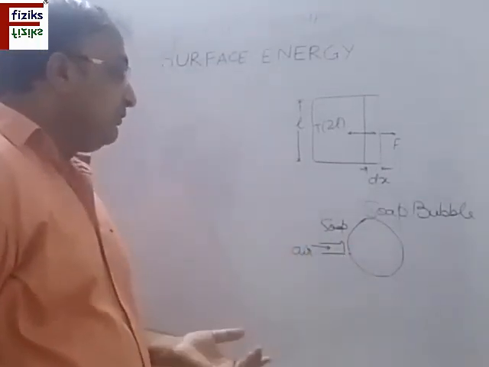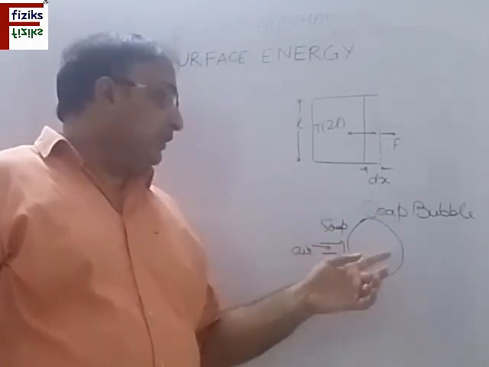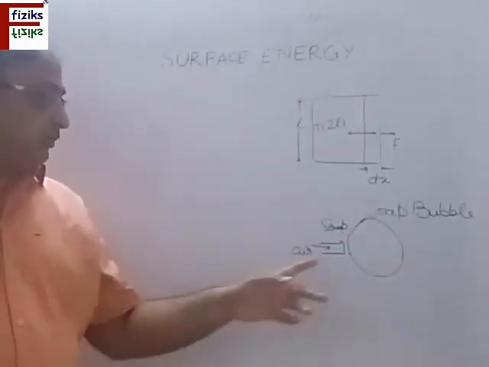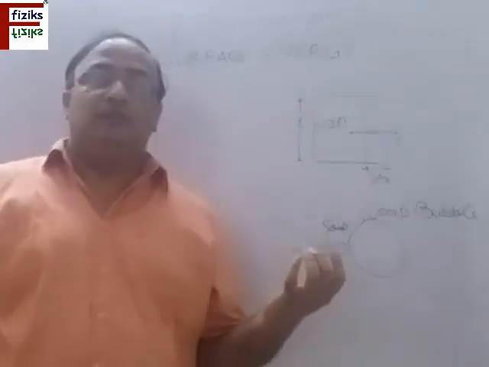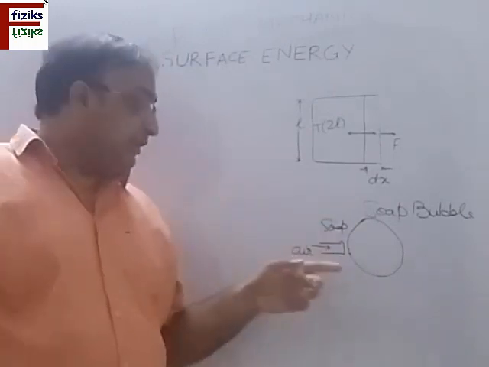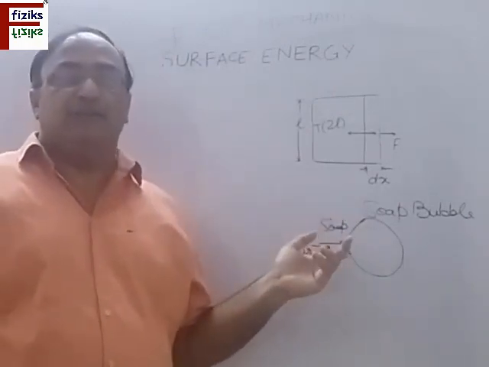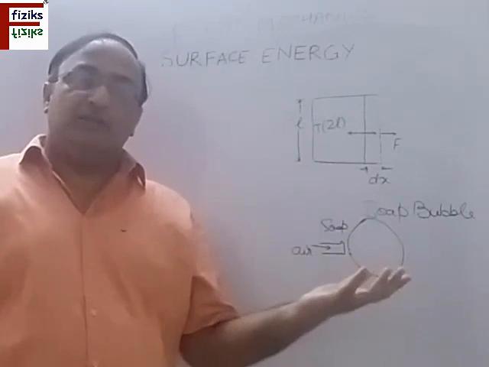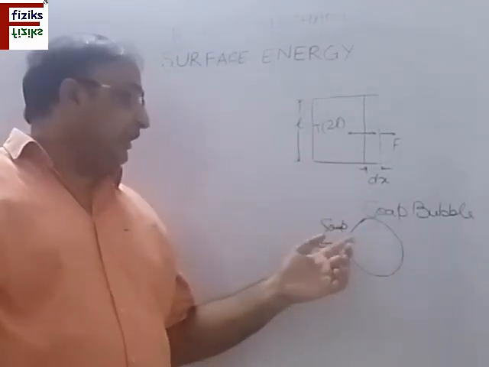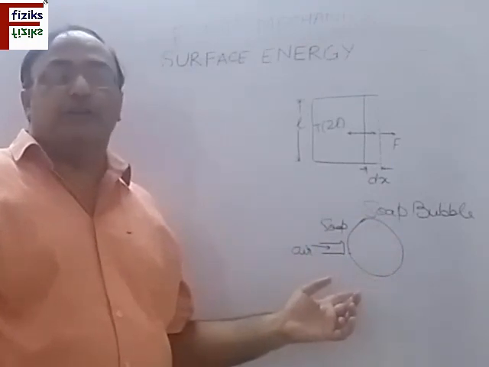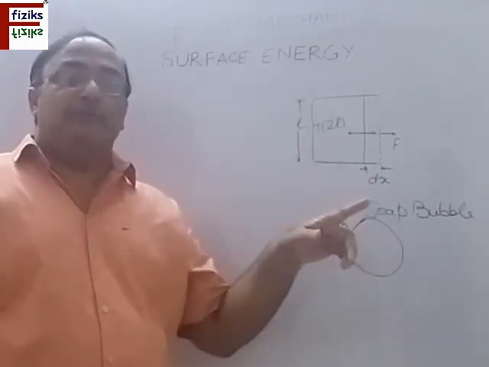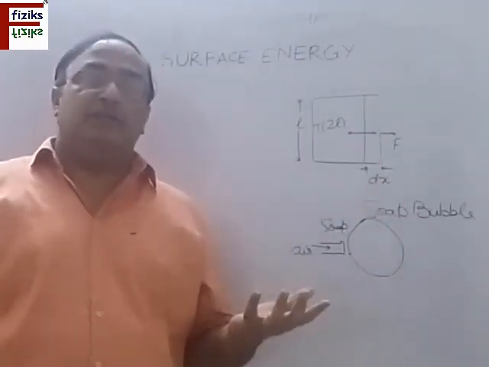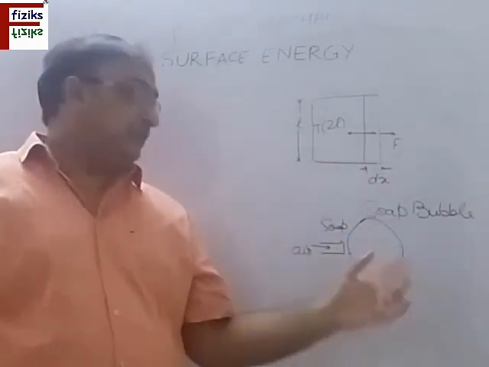Now this new surface which has been created has a surface area, assuming this to be spherical, 4 pi r squared. Initially the area of this surface was negligible, so change in area is 4 pi r squared. And we know that if I apply the excess pressure P on this, excess meaning pressure above the atmospheric pressure, then P delta V is the work done, and delta V is the change in volume, and here the change in volume is the volume of the sphere, 4 by 3 pi r cube. So P multiplied by the change in volume is equal to the work done in creating this new surface, and this work done will be stored in the form of the surface energy.